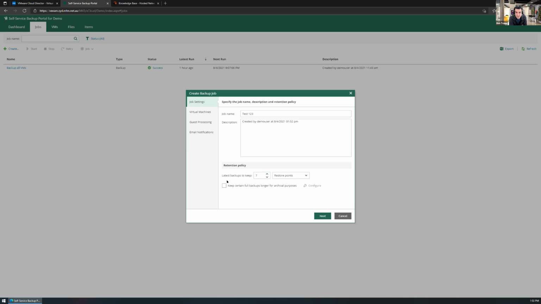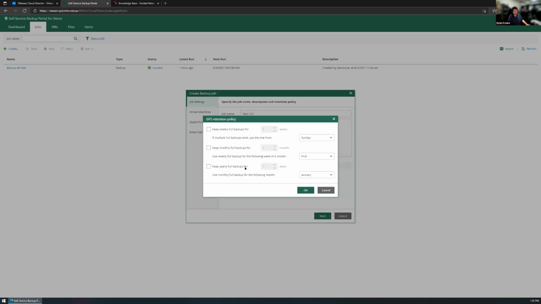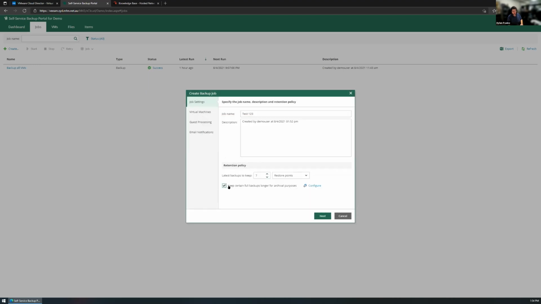But it was the virtual machines piece of it that I wanted you to have a go at, Dylan. I just want to quickly touch on this one. So you can keep full backups for a longer period of time as well. So that way you can keep, say, a weekly full for X amount of time. I would just say be very careful with this because you can blow out your storage quota quite quickly. So there are calculators online, specifically for Veeam, to figure out how much storage you need. And they take all these factors into account. Yeah. So I'll leave that off for now.